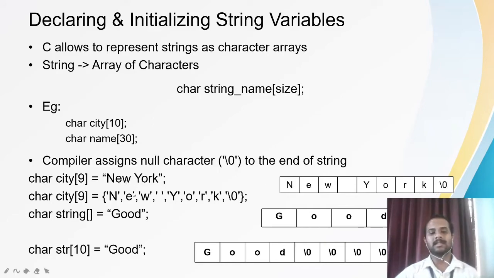Either you can use this notation or you can separate the characters by single quotation marks, which is already explained in the array chapter. Now if you notice here, I have not mentioned the size. So what will be the size? The size will be the number of individual letters mentioned plus 1, because you have to store the null character also. So the size will be 5 here. Okay. If you notice here, I mentioned the size also. So what will be done here? The null character will be placed in the empty spaces.